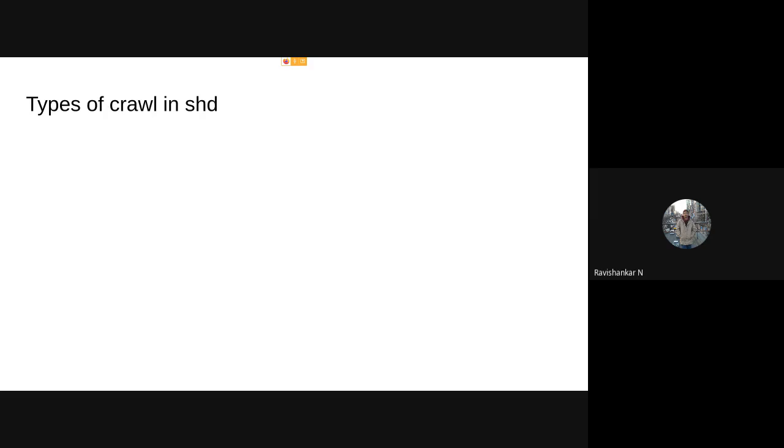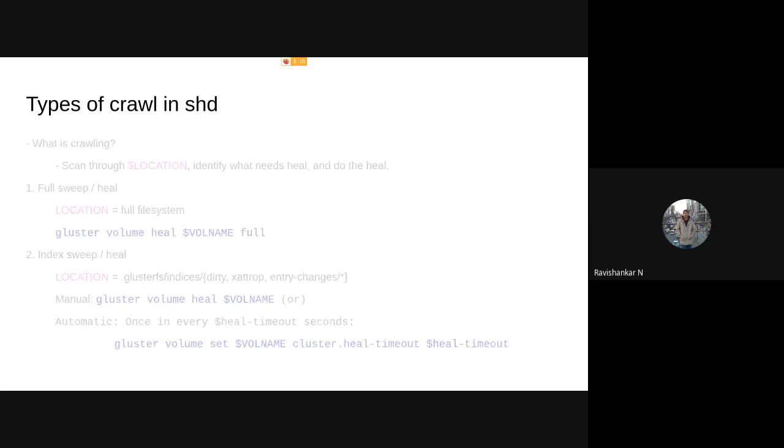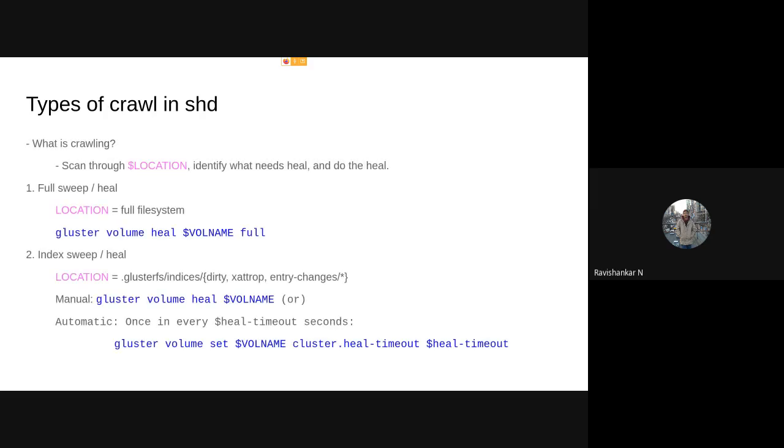The next topic is the types of crawl in the self-heal daemon. First, let us see what is meant by crawling. Crawling is when you scan through a location, identify what files need to be healed depending on the AFR extended attributes, and then do the heal.